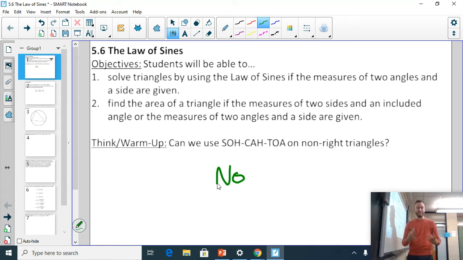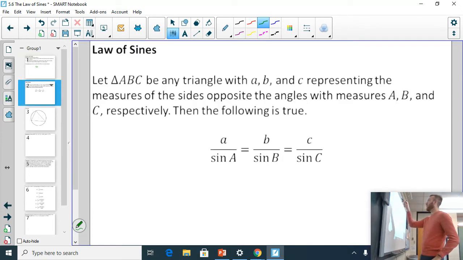But the important distinction here is just because SOHCAHTOA can't work on non-right triangles doesn't mean that sine, cosine, and tangent can't be used if we don't have a right triangle. It's just if we have a right triangle, then we have ratios that are the same every single time. But the sine of 33 degrees, let's say, is the sine of 33 degrees no matter where it's at. Right? So we can still use trig, and a good example here is the law of sines, and this is